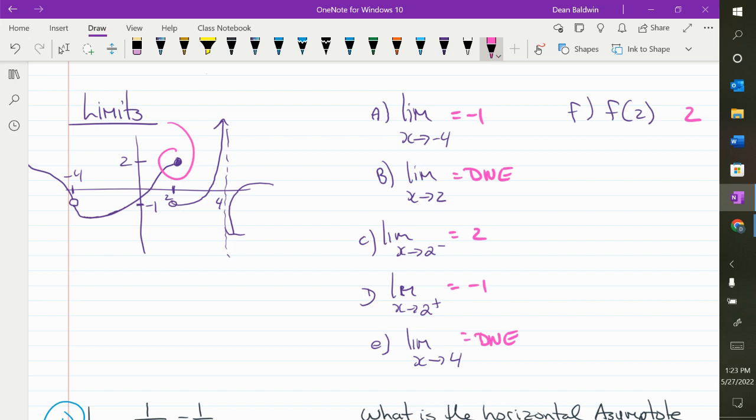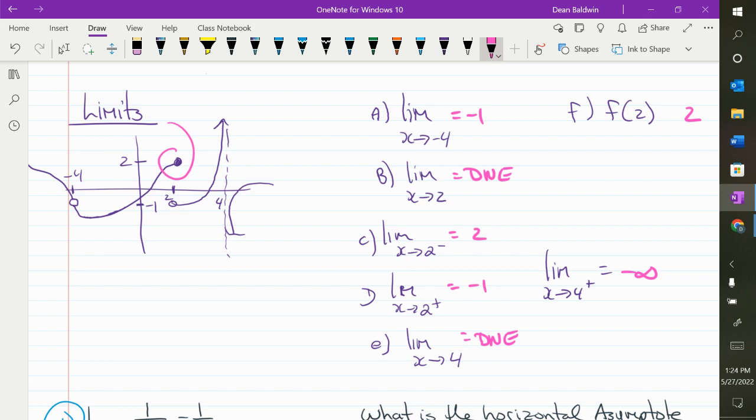If I said the limit as x goes to 4 from the positive side, what would you say? Infinity? Or negative infinity? It'd be positive infinity. Just the limit. Does "does not exist" also work if it's positive or negative infinity, or would you want us to specify? Because technically it's like, the limit doesn't exist or infinity. Either or is correct.